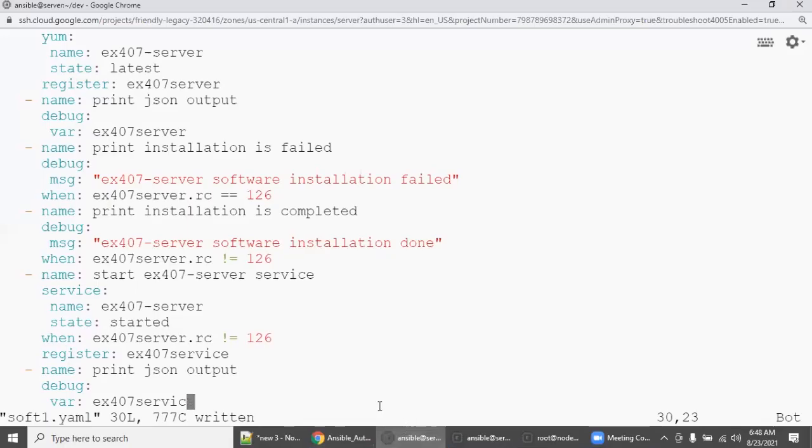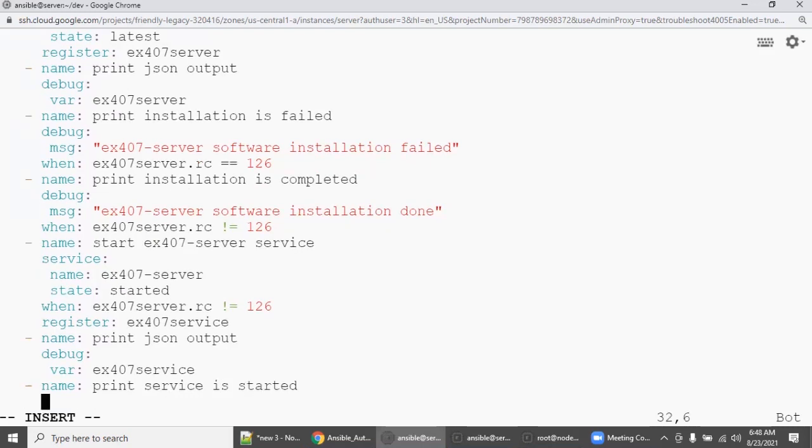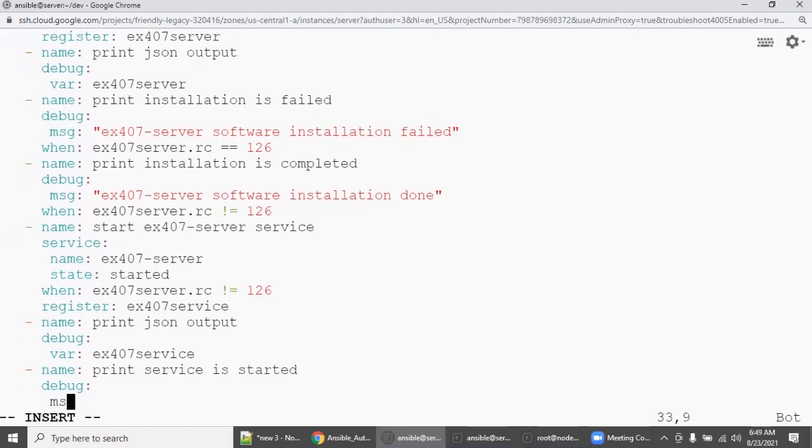So you can go here, even you can say hyphen name, print service is started, debug message. What is the message?